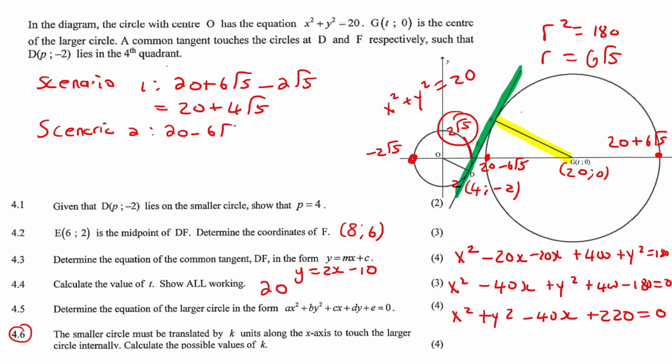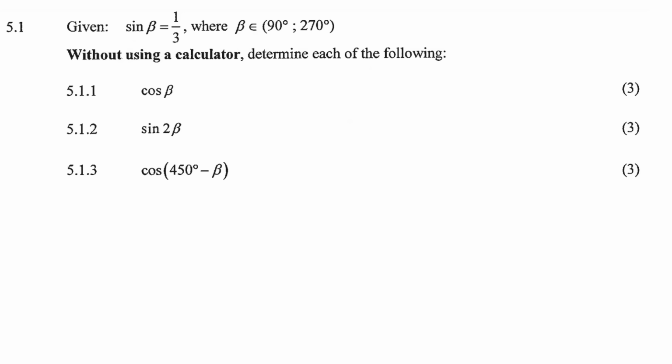Given that the sin of beta is 1 over 3, and beta is an angle between 90 and 270. On our CAST diagram, 90 degrees is over here, this is 180, this is 270. So they said it's anywhere between 90 and 270, so that could be here or here. So which one is it? Well, they're telling us that the sin is a positive number. Can you see this is a positive number? So where is sin positive? That would be here. So what I'll now do is construct a triangle,